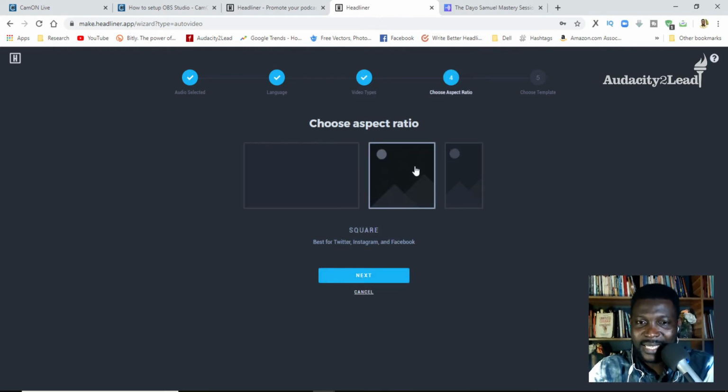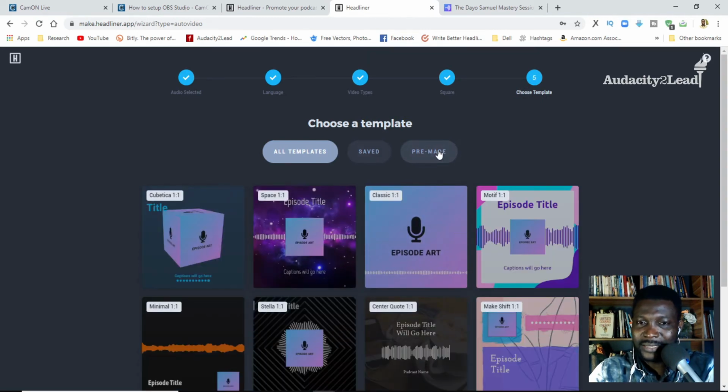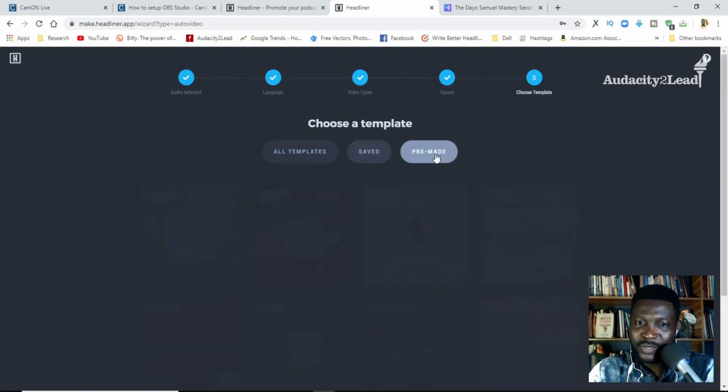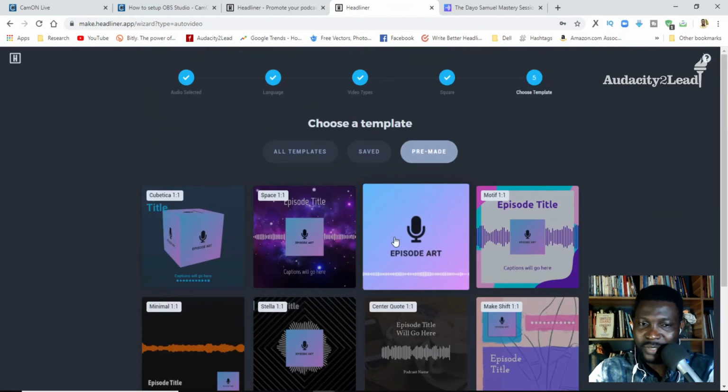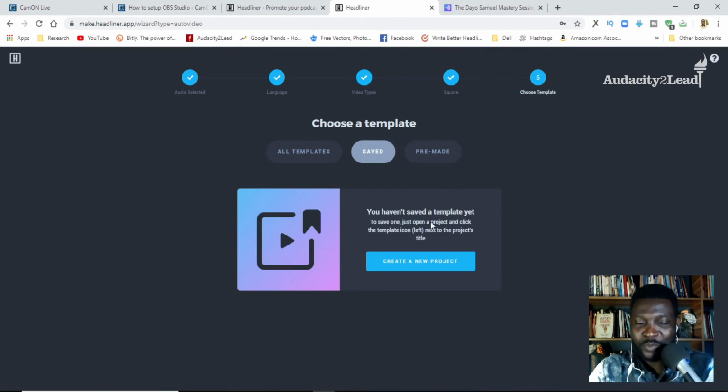So if I click on next, it's going to ask you which aspect ratio you are using. You can choose square. If you choose square, you can click next, and then you can choose template. So choose templates, or you can pre-made. So if you use pre-made, if I use saved templates, you can see it says I don't have any template saved. So if I had saved that previous template that I used for that one, if I had saved it as a template, I can simply come here and use that. So if it is pre-made, you can simply choose any pre-made. If you want all templates, you can choose that. But for me, because I like to always differentiate what I'm doing from others, I'm going to use this.